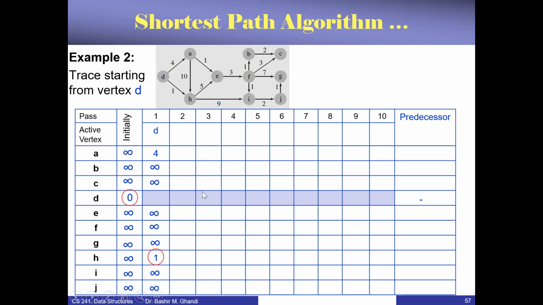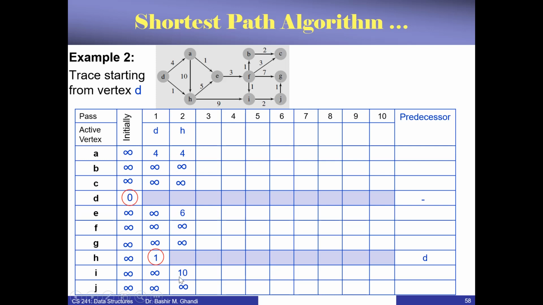Similarly, I is infinity. 10 is better than infinity, so we're going to change this one. But for the others, we just copy them from the previous iteration, including the 4 here. Copy 4 to here, and then infinity, infinity. So this is what you have